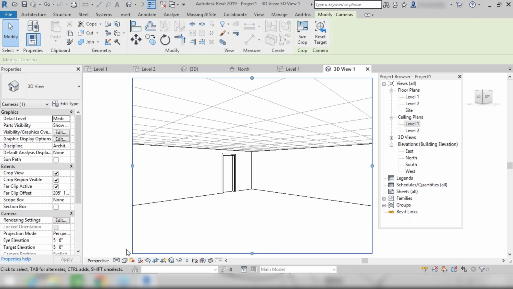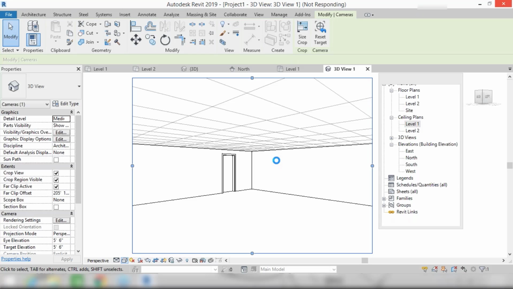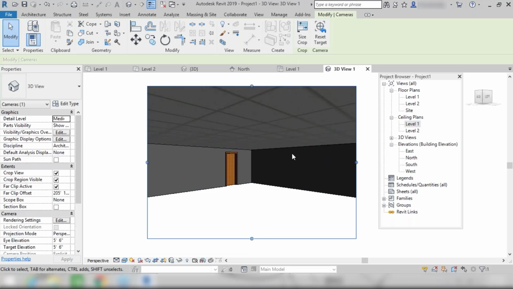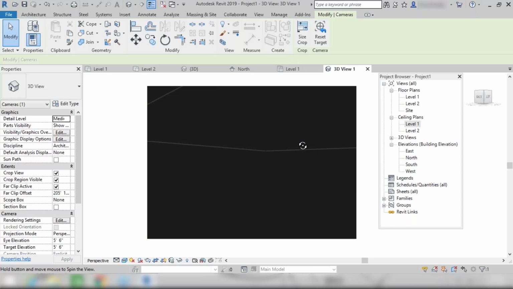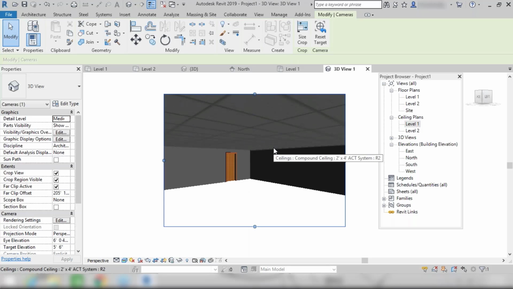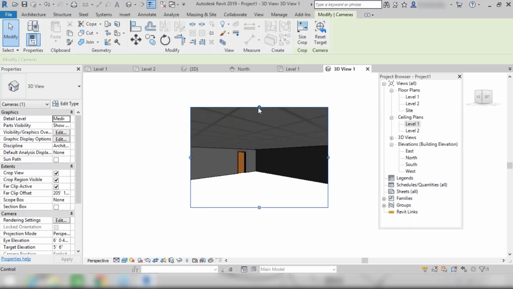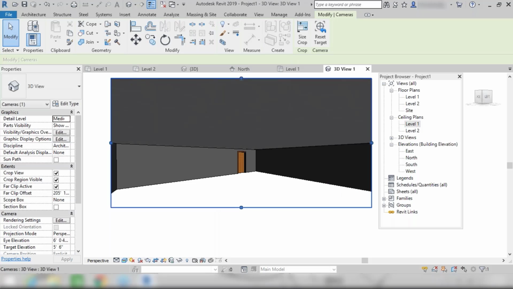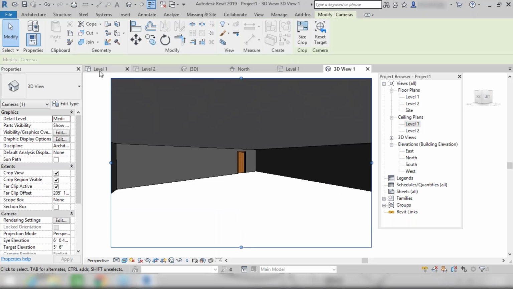So you can drag it like this, right? Here we have this one. You can convert this to shaded or realistic as well. Let's change it to realistic. Let's see how it will look. Yes, here you can see the ceiling pattern on the roof, right? If you want to orbit it, you can also orbit it like this, right? You can move this, right? So in this way, you can create a camera inside a room, right?